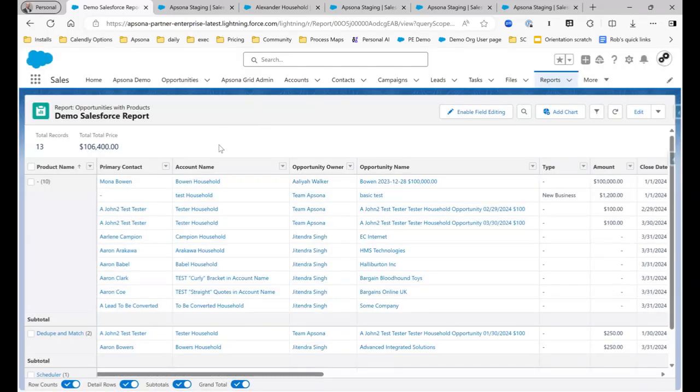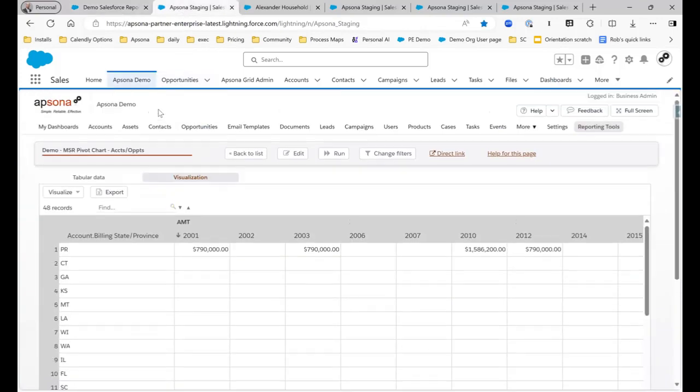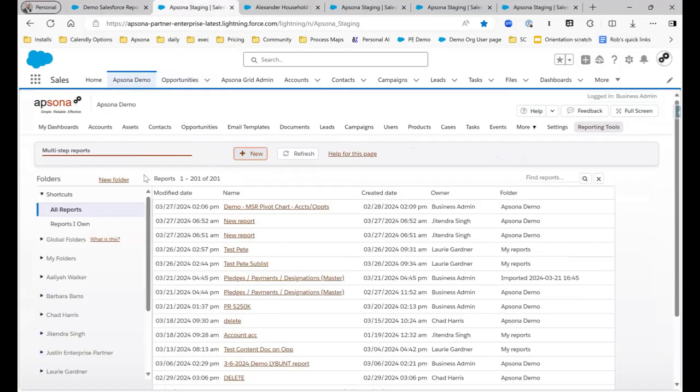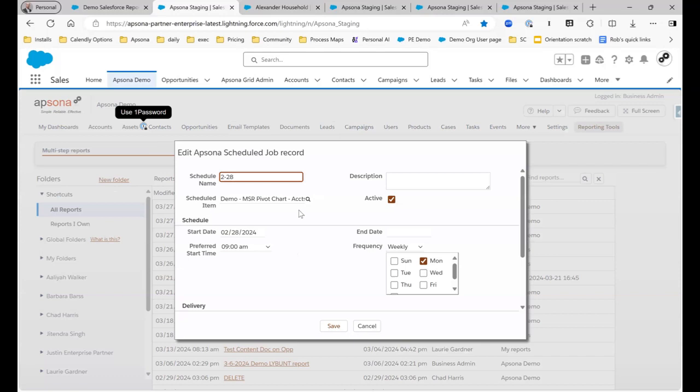Enter Apsona multi-step reports. We're going to go back to our Apsona tab. We're going to go back to our list, this list of all the multi-step reports in my instance. I'm going to go find that particular report that I wanted here. And you'll notice this 4th option at the bottom says schedule. If I can actually click on this through one of our pricing tiers, scheduled reports allows us to say, we're going to send out this